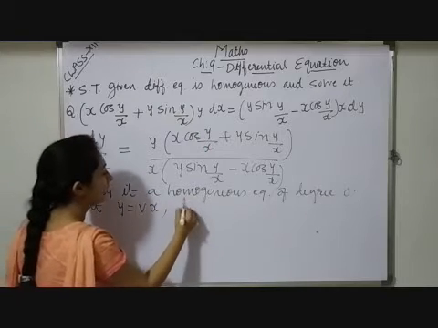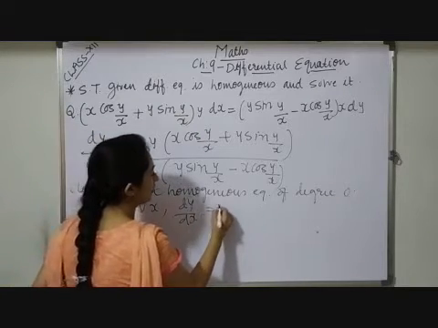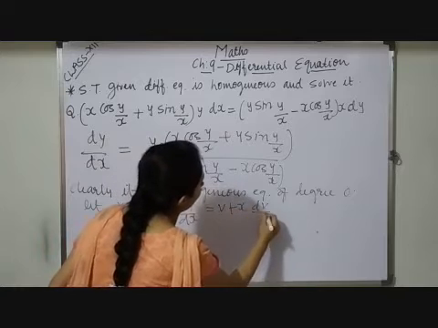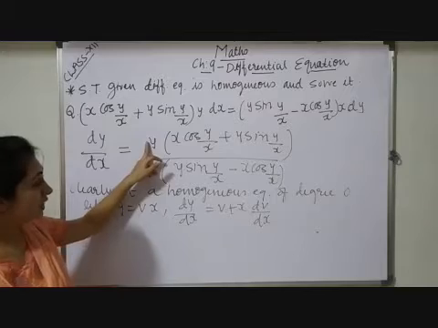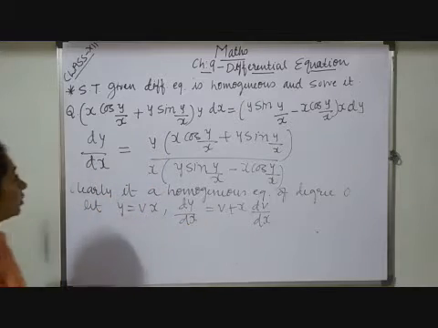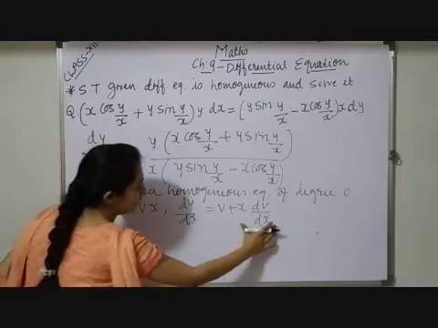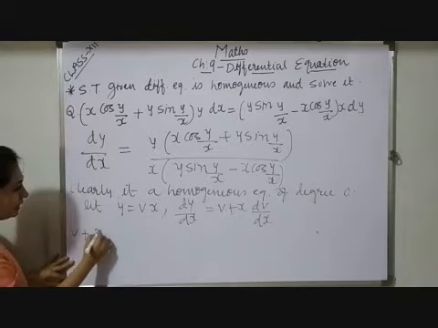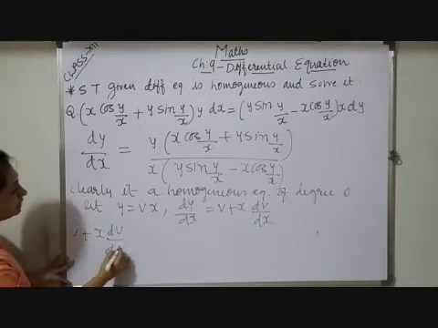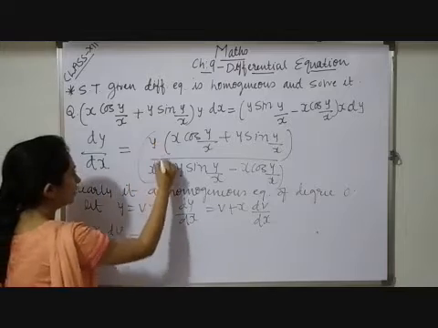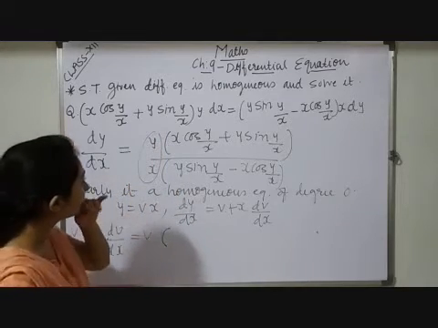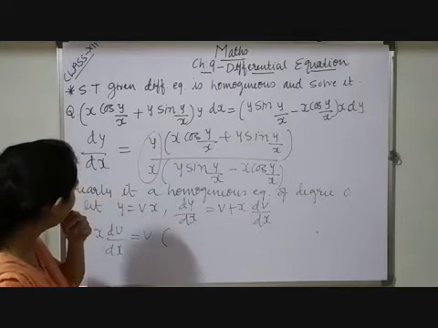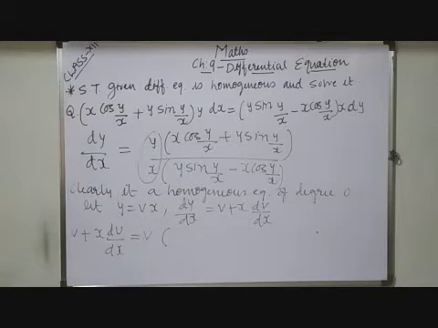So here I will get dy by dx equals v plus x dv by dx. Now reduce your question in terms of v and x. So here in place of this I am writing this part. You will get v plus x dv by dx equals, observe, in place of y upon x I will write v into. Now see, direct conversion will create some confusion. So before that, what should I do,